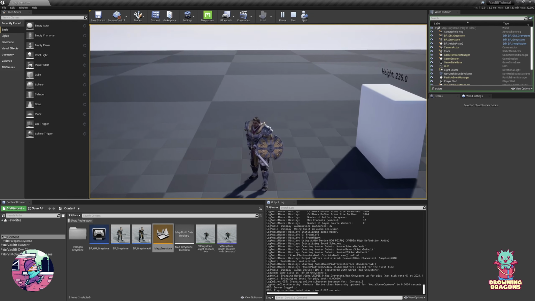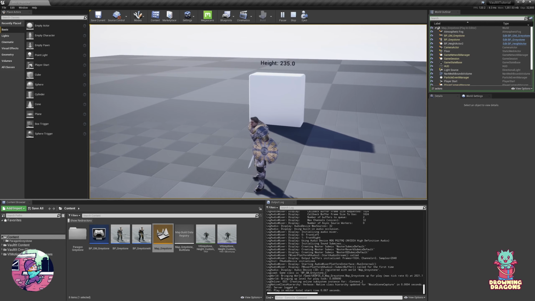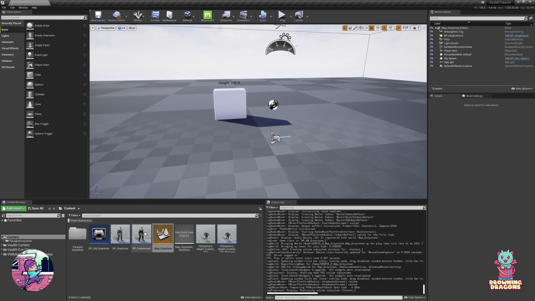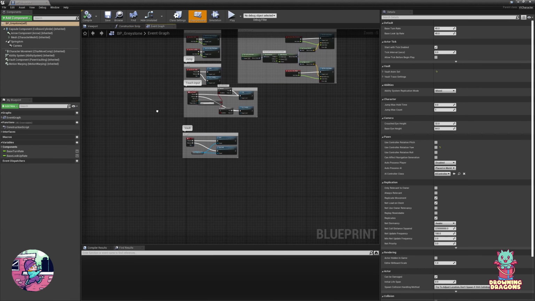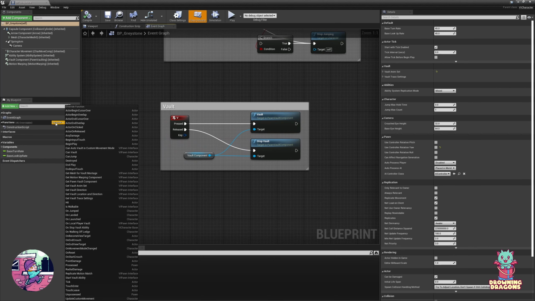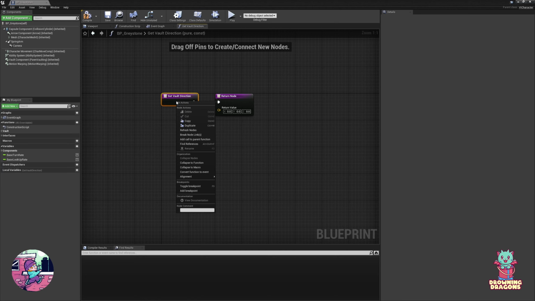So, let's say you're making a very realistic game, and you don't want to be able to vault unless you're above a certain speed, or, well, let me just show you. So we have a function here, get vault direction. Let's just say to start with,